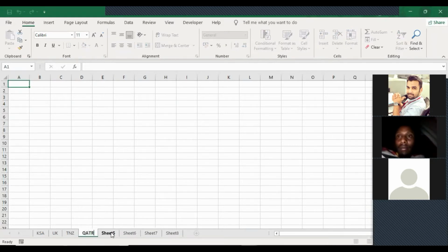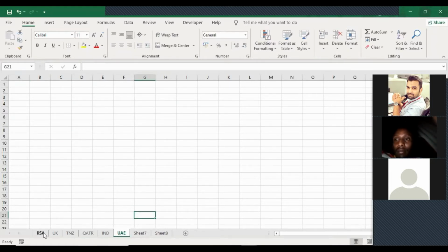Qatar and India and UAE. Multiple sheets is here. So this is a very small set of sheets. In case you build more than 100 or 150 sheets, if you want to navigate from one sheet to another, like from KSA to the sheet UAE, I can directly click here, right? In case you build multiple sheets, like more than 100 sheets, because I only told you that one